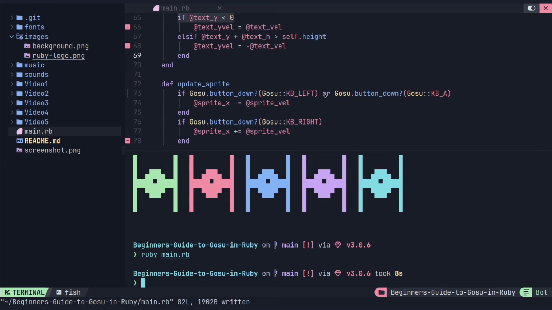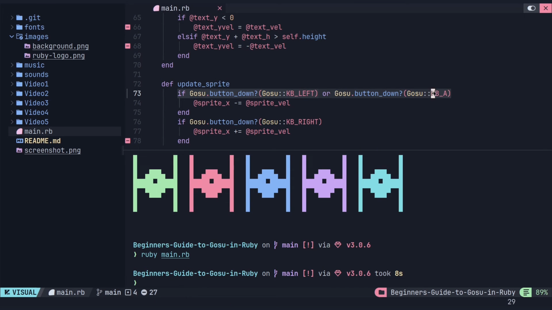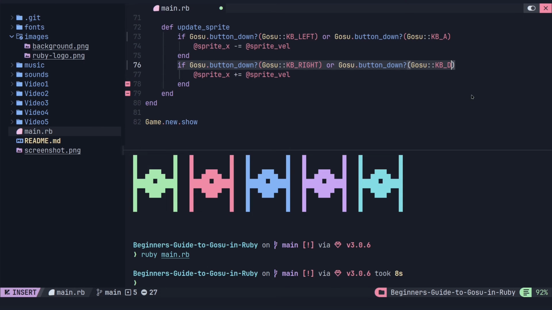Okay, so I'm going to do the same with the other side. I'm basically implementing the arrow keys over on the ASDW keys. Okay, so this one is going to be D for right. Okay, and now I'm going to copy the whole thing, and we'll do it with the Y as well, with